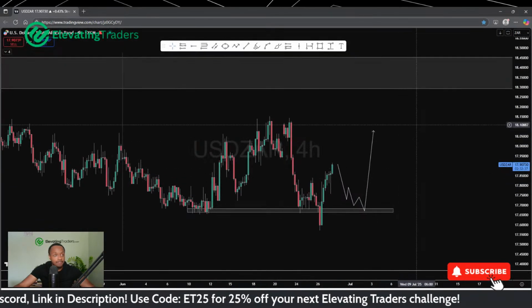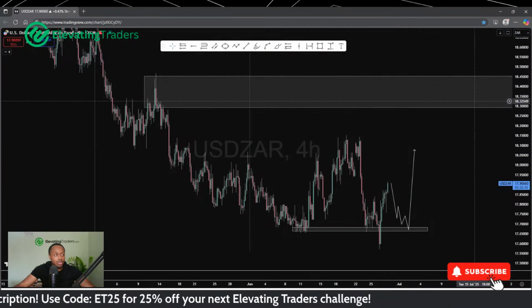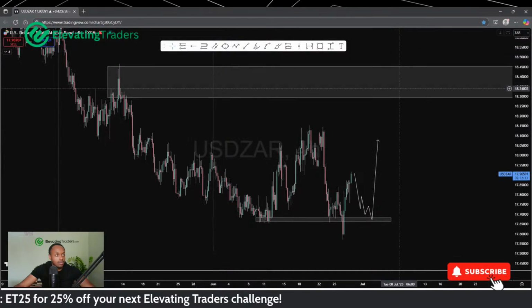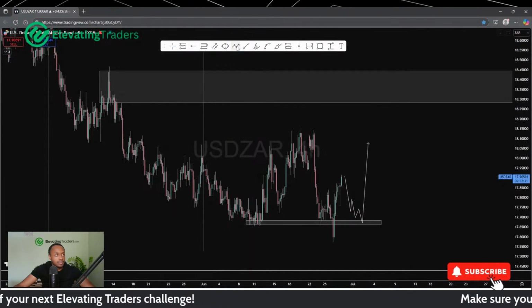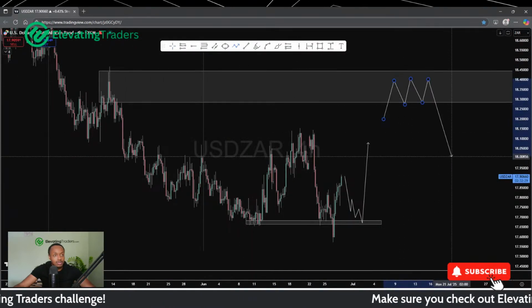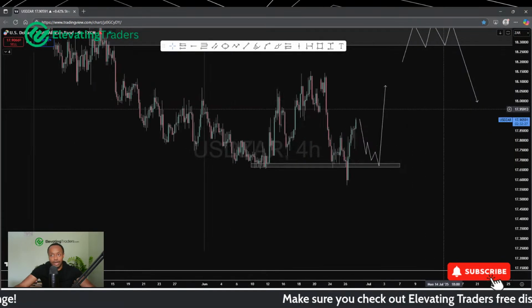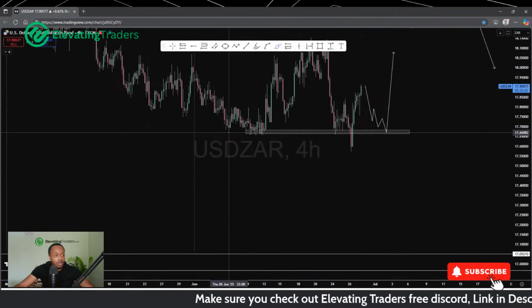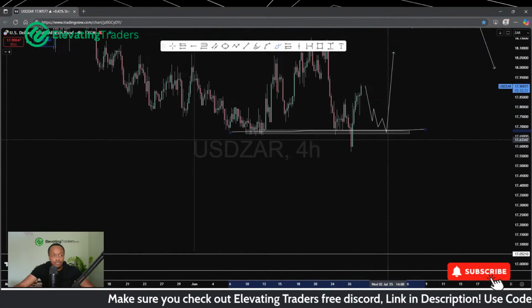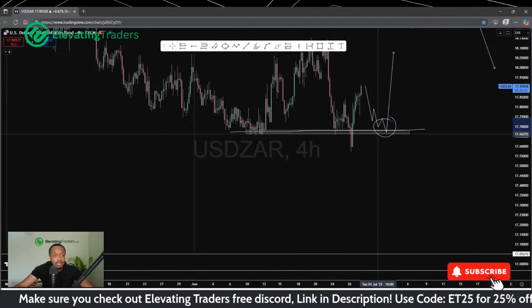into the market. But I would be looking at 18.35 now. I think that could be a more sensible area for a short. Let's see how price reacts, and things look good. We might see some nice sells off the back of that. But buyers are doing a very good job at respecting support here. If you're not long, I would say this is the best area for a long.